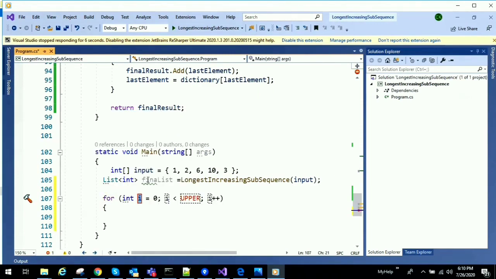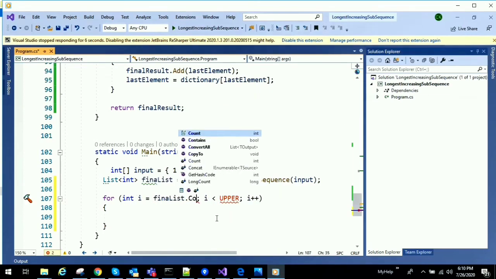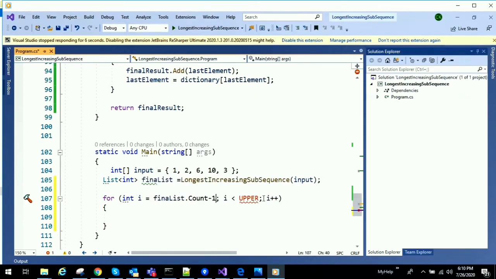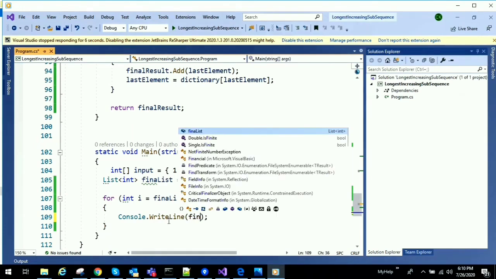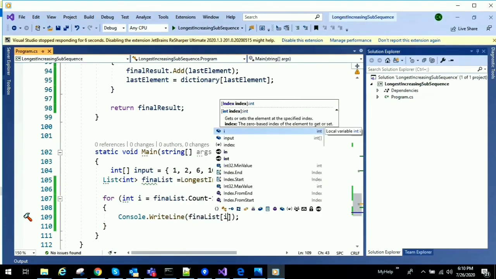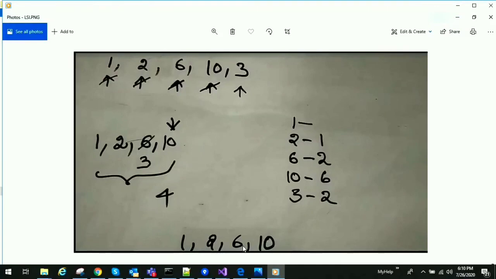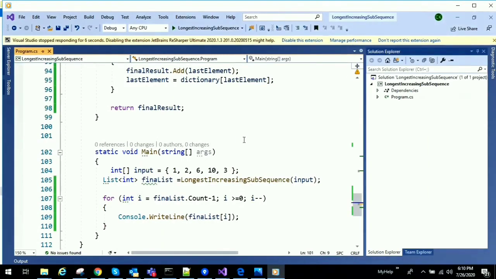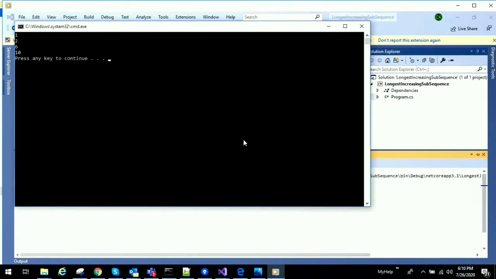I start from the last element, count minus 1, and I loop through till the 0th index with minus minus, and I will print out this final list of i. It is supposed to give this answer 1, 2, 6, 10. Let's see whether it's giving it or not. It has given the right answer. 1, 2, 6, 10 is the right sequence.